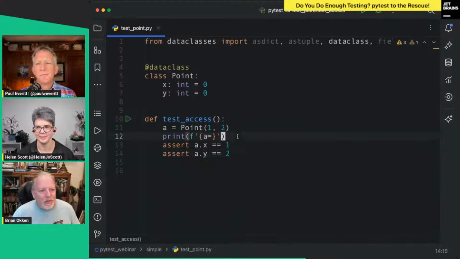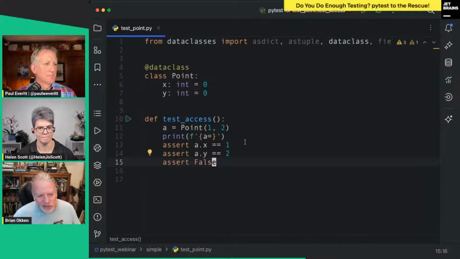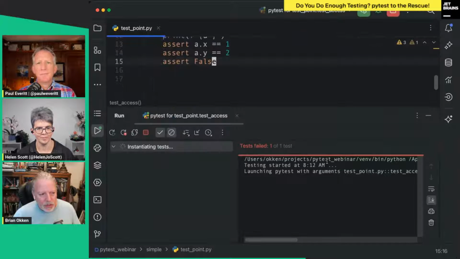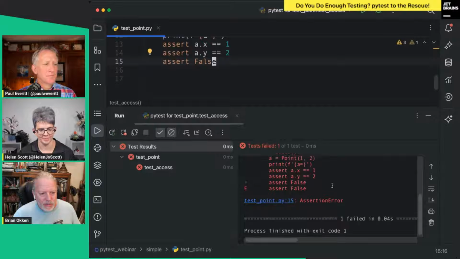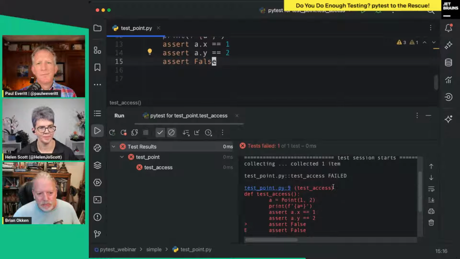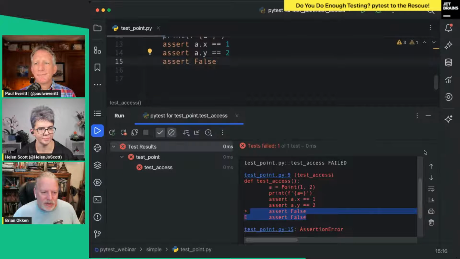Also, one of the ways to get the printouts, if you really want to see them, is to make pytest fail. You can either make a wrong assert or just say something at the bottom that you'll easily remember to delete, like assert False. Then we'll see the output failed, and we should have seen the output. I'll cut back to that. But one of the cool things is it just tells you the assert was false, and we can see everything.